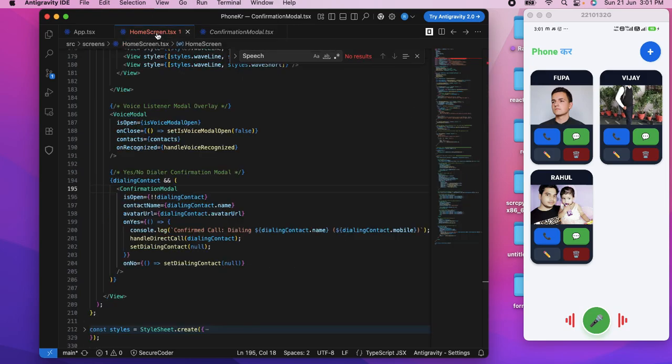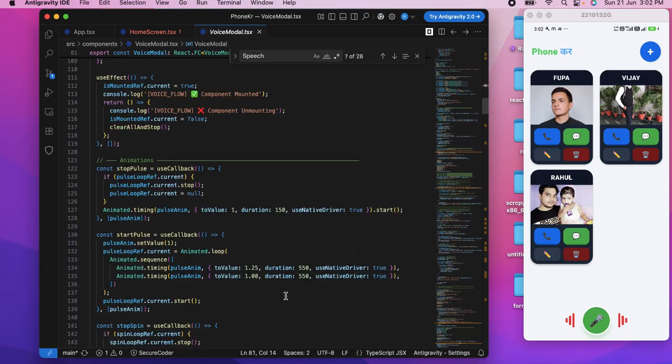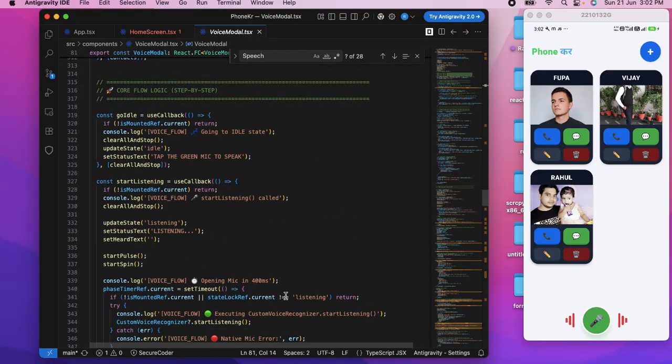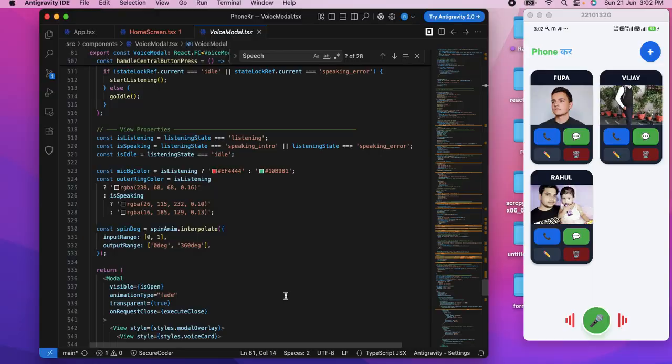Let's go to the home screen again, and now you can see we have the voice model here. Let's click on this, go there. Okay, so scroll to the bottom. Actually, this code is very difficult to understand.